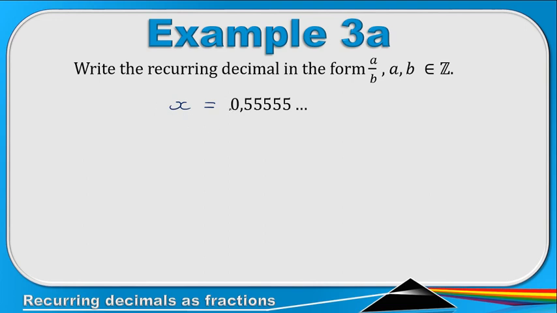If there's 2 numbers recurring, we're going to multiply both sides by 100. And if there's 3 numbers recurring, which we'll see in the next example, then we're going to multiply both sides by 1,000. Okay, so since we have that one number is recurring, so you're going to say 10x is equal